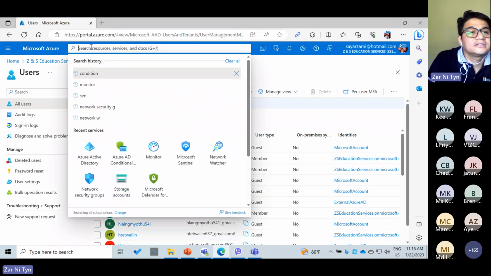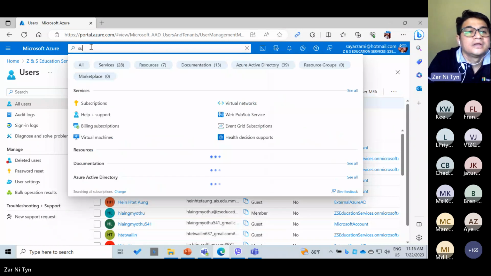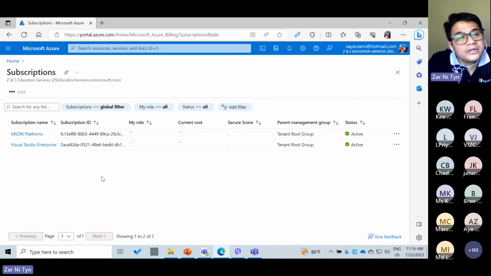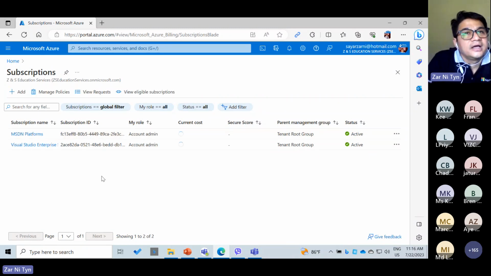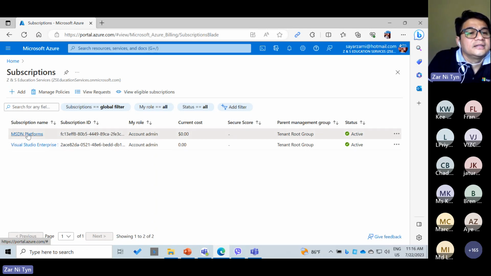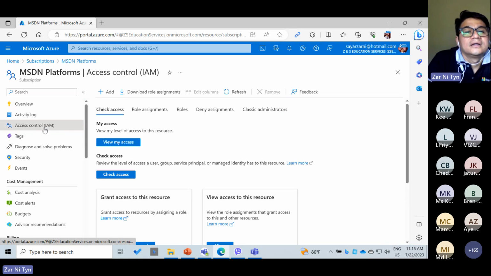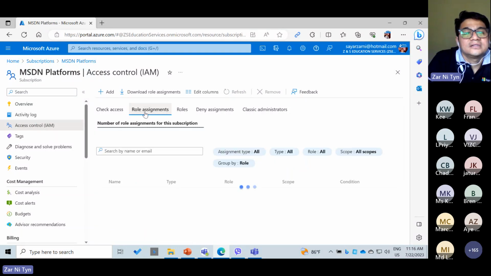ABAC means managing the subscription. Okay, I have two subscriptions. Okay, I want to share my subscription with another person or group, and this is where ABAC is very important. Okay, and I want to share my subscription with another person, so I click my subscription. You know, this is Access control (IAM), and then you can see the role-based access and, sorry, role assignments. You can see the role assignments,